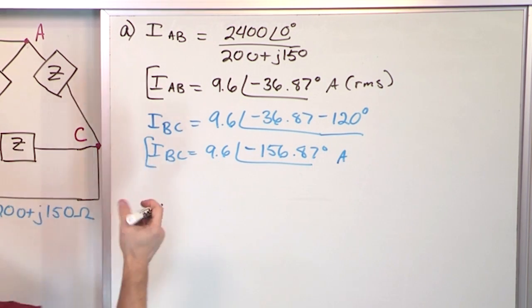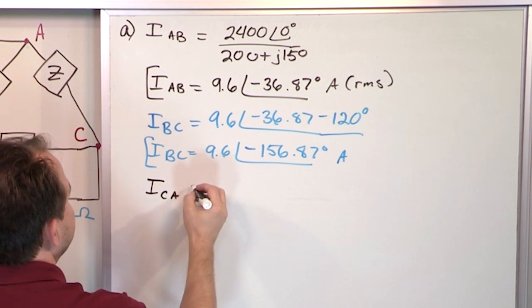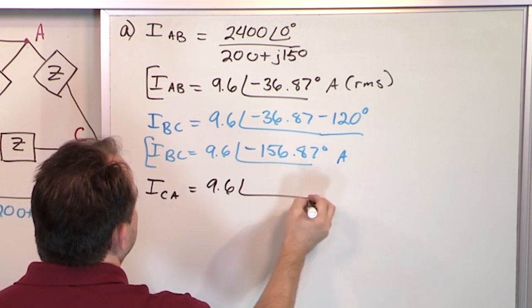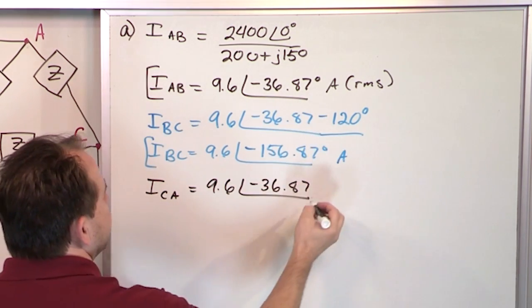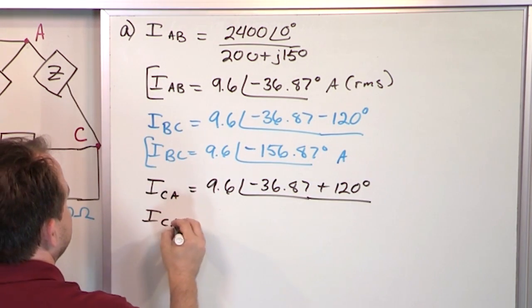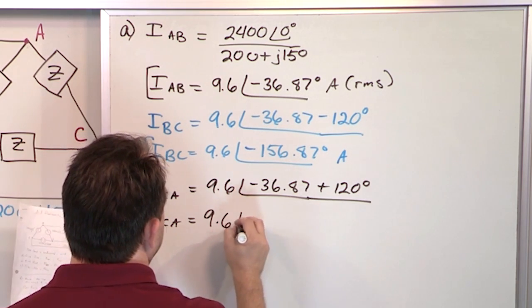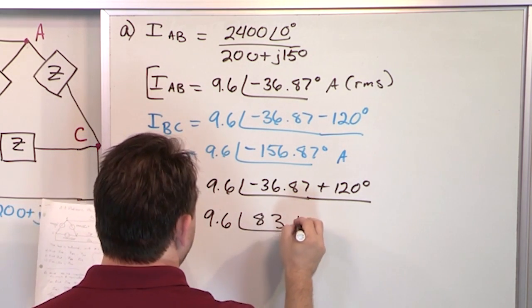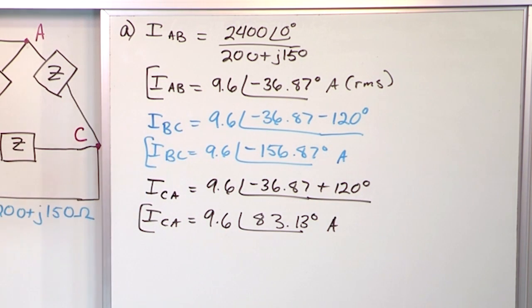And then thirdly, the other phase, CA, is 9.6 angle. We start back at our root, negative 36.87, and instead of subtracting, we're going to add 120 degrees. So I_CA is going to be equal to 83.13 degrees, and that's, of course, amps RMS. So I_BC is negative 156.87, and I_CA is 83.13. So this is very simple,